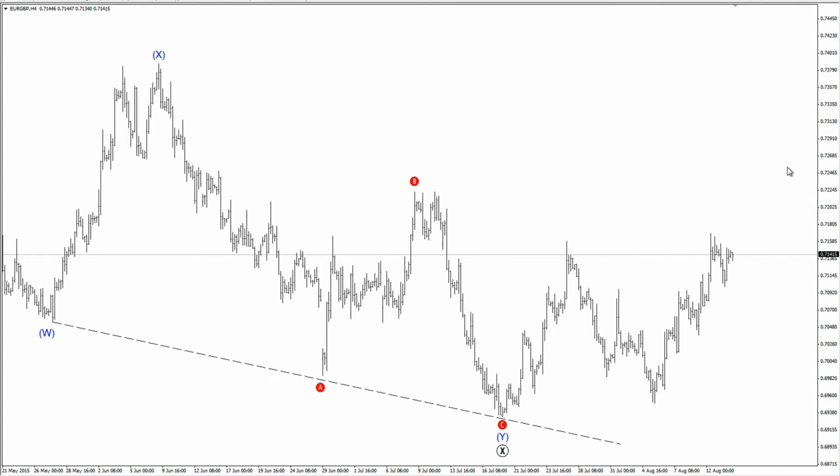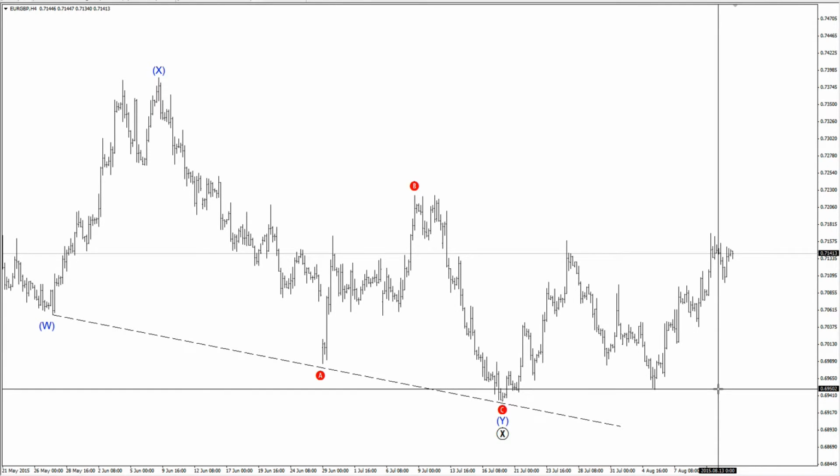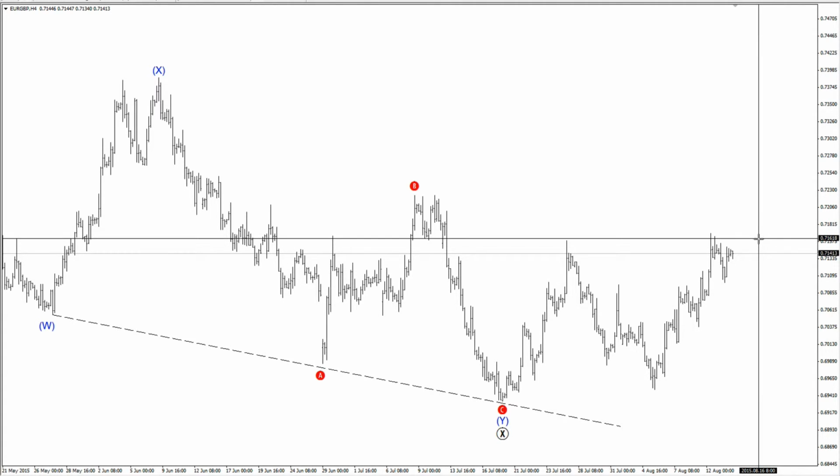Next up is Euro Pound. Euro Pound has moved slightly higher and is looking to continue the upwards move. The wave structure here is still unclear. I haven't labeled any of the recent price action from the low, which is 69.5 approximately. We are now at 71.41 and the upside resistance has held for now, which is